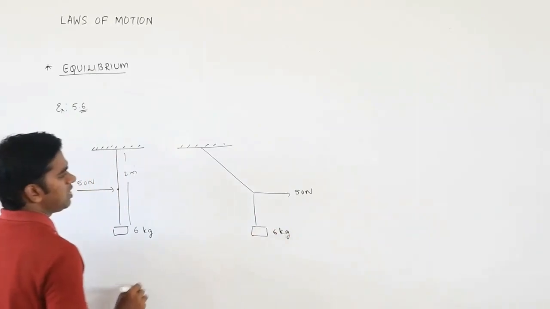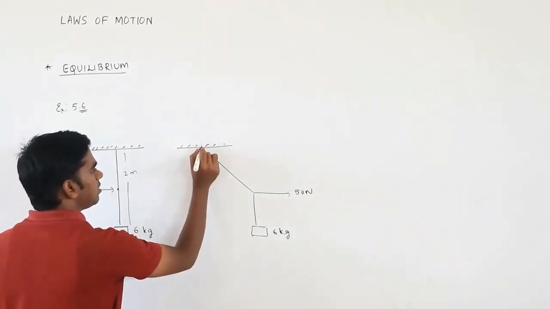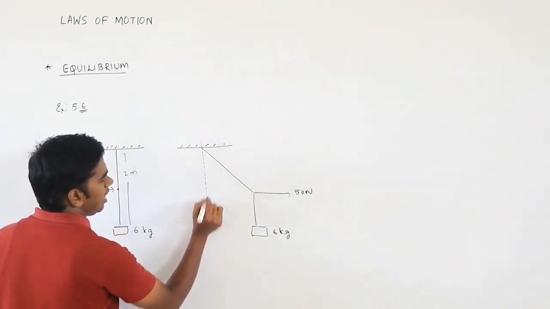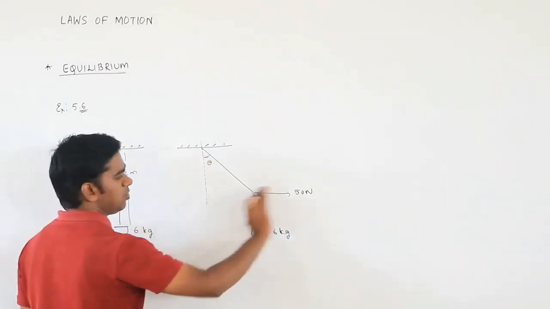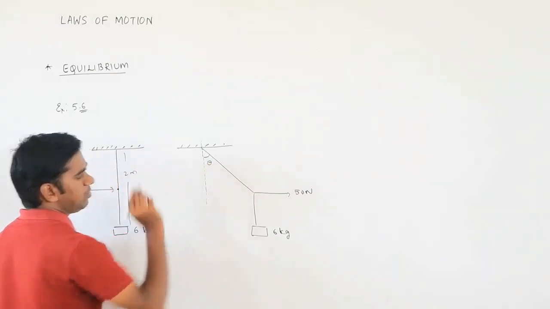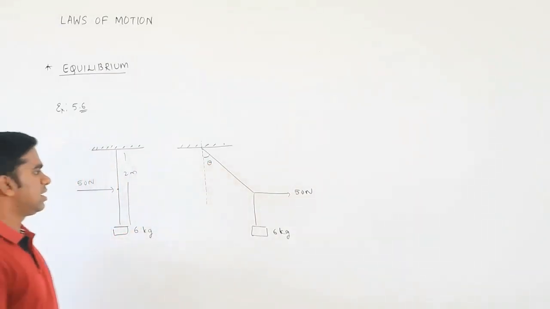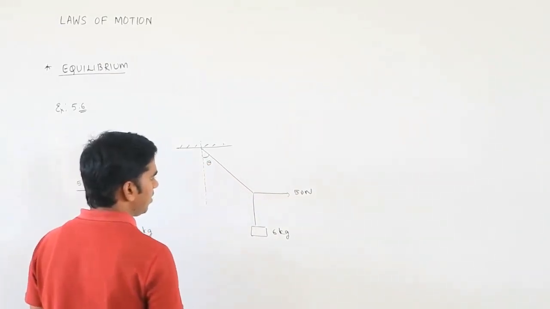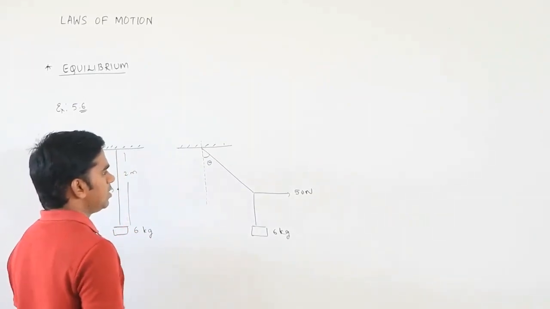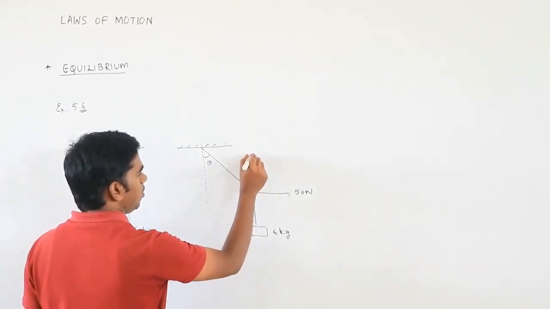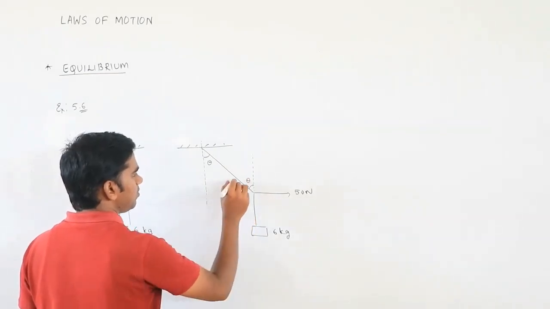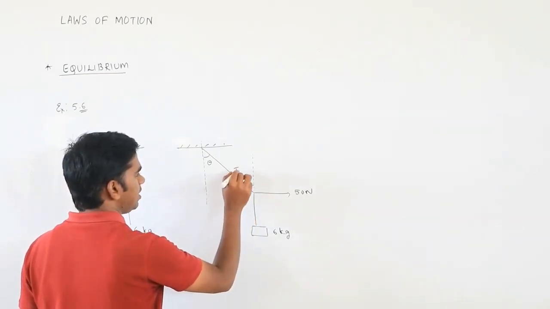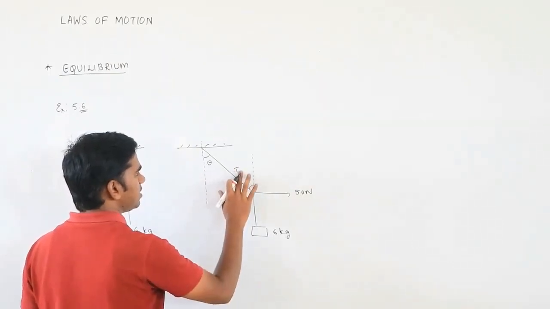Okay. What are they asking? What is the angle made with the vertical? They are asking this angle. When you apply some force, it will move to this side. So how much angle will it make with the vertical? This they are asking. So how can we calculate this? If this is angle theta, obviously this is also going to be theta. Because of that, tension will develop, say T1, or simply you can take it as T.